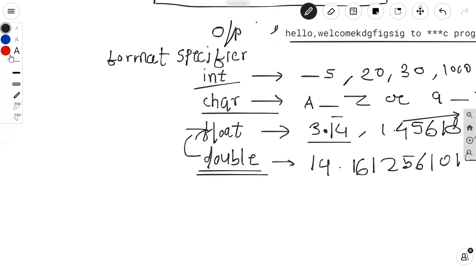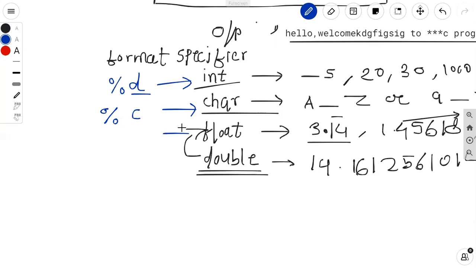For integer we use a format specifier percent %d, decimal number है, that's why we are using percent %d for integer number. Now suppose I want to display a character on this screen, I can use percent %c format specifier.